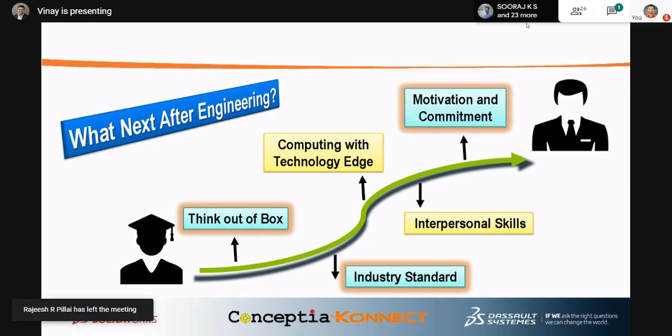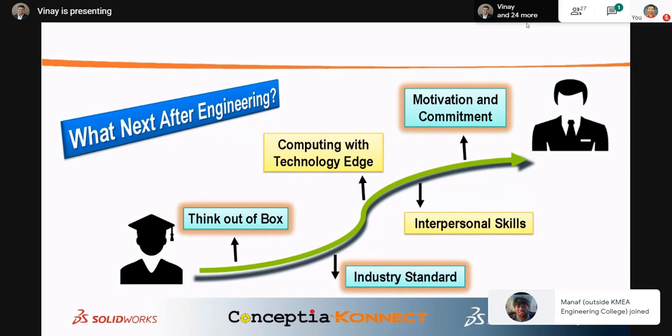Okay, motivation and commitment, that is what I was telling you. Commitment should be there. Don't simply jump like, oh okay, HDFC Bank is giving me 20,000 rupees salary, I will go. What is the use then of studying mechanical engineering? Learn what the banking sector needs. You learn according to that. If you are interested in banking, go for banking.